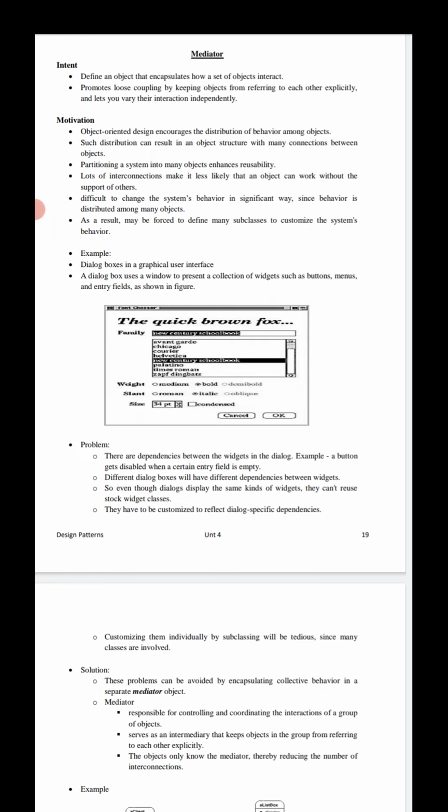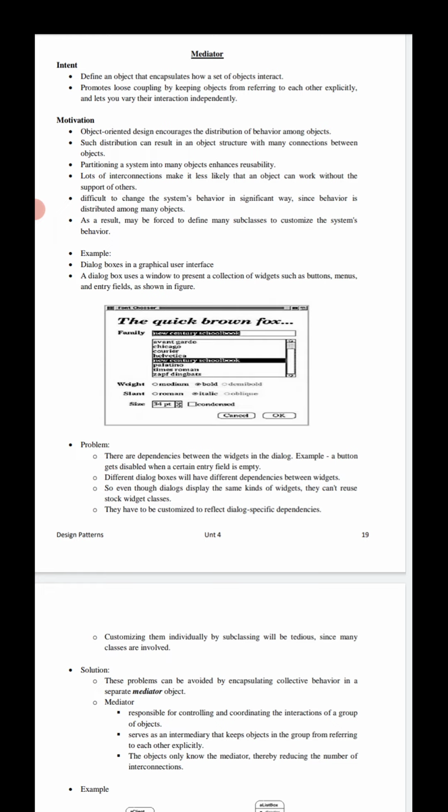Instead, it calls the mediator object, which handles those hurdles, whatever they may be. We need to reduce the coupling between the objects. The mediator object is the center point of communication and acts as an intermediary. This is the main intention of the mediator design pattern.